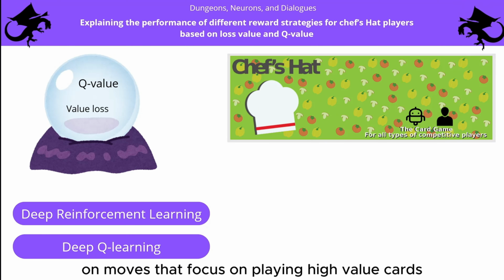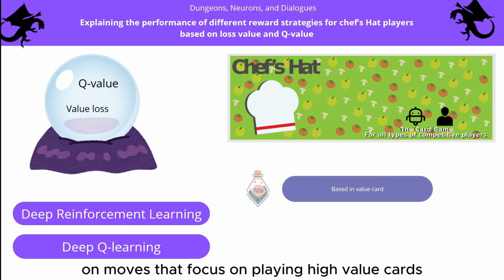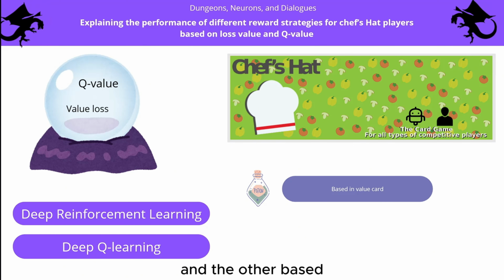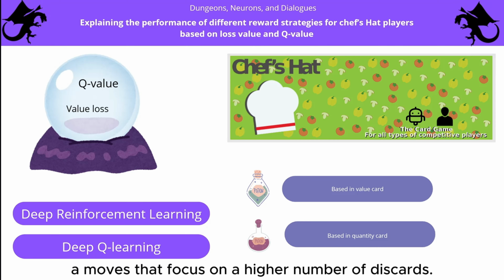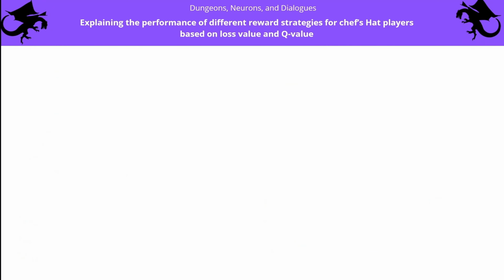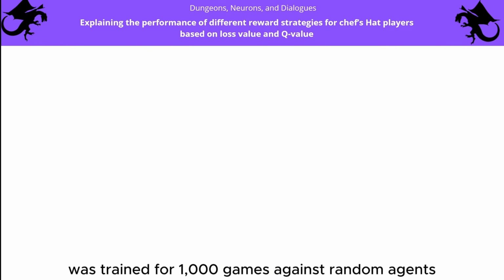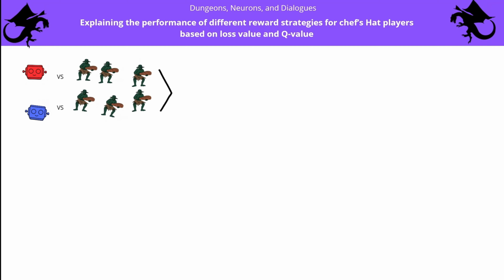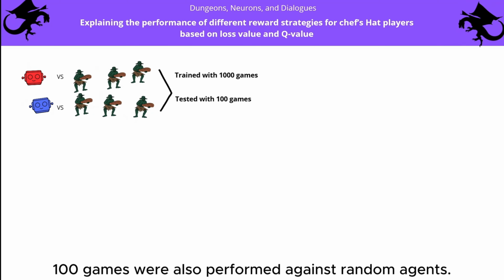One is based on moves that focus on playing high-value cards, and the other is based on moves that focus on a higher number of discards. The agent was trained for 1,000 games against random agents, and for the test, 100 games were also performed against